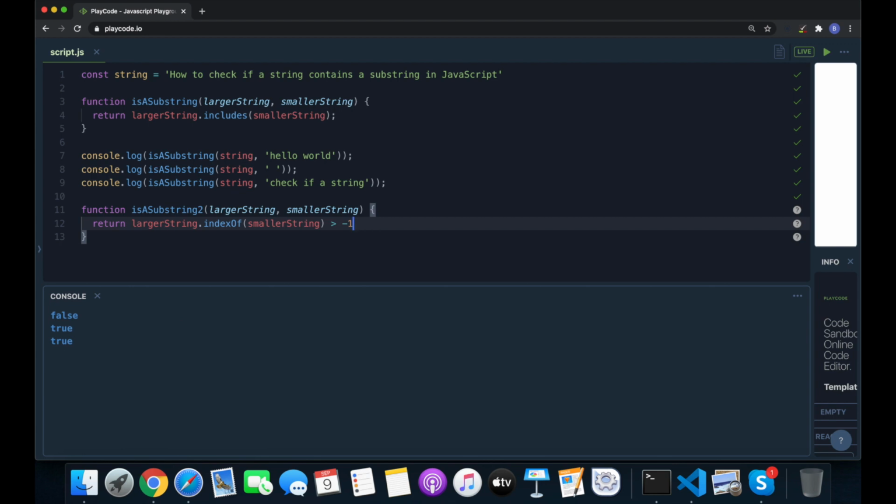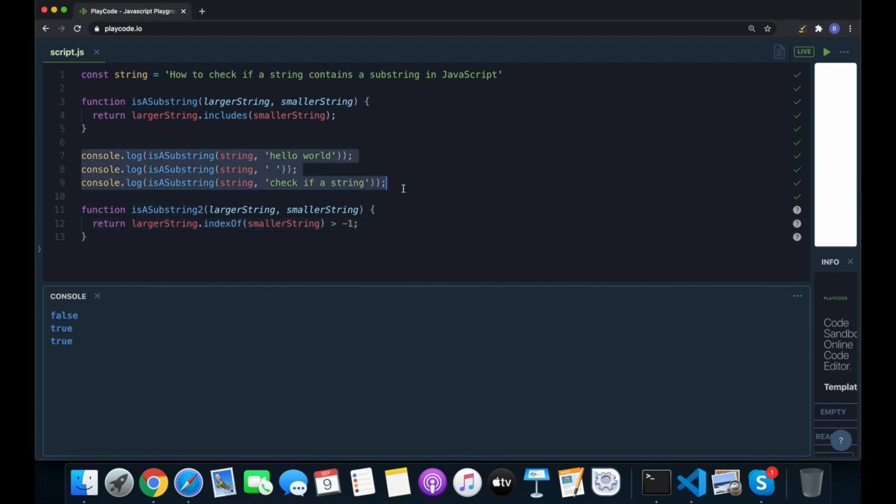If this returns -1, that means the smallest string is not present in the largest string. So we need to compare whether the index which this method returns is greater than -1 or not. So we have this.